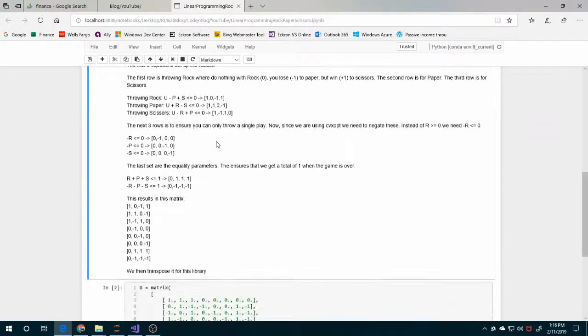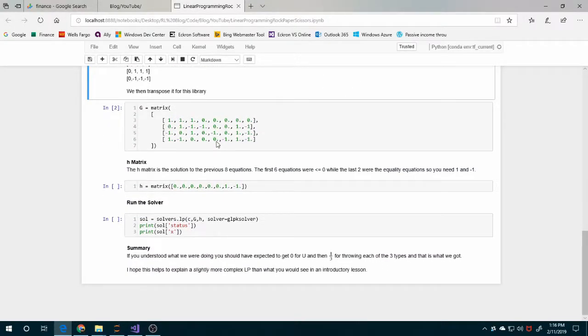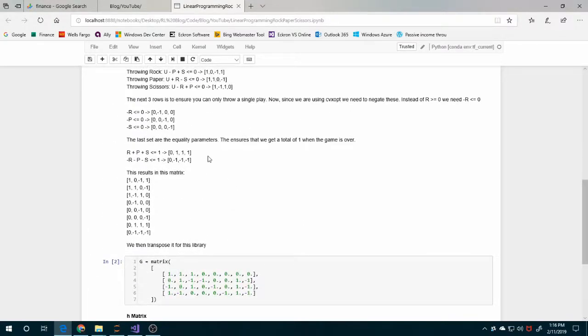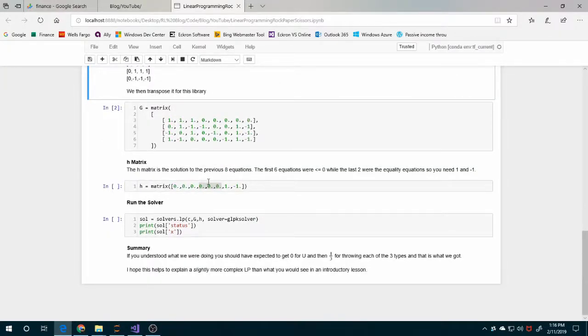Let me run the C matrix here. Finally, the H matrix. The H matrix is a solution to those equations. As I stated earlier, the rock, paper, and scissors rows are less than or equal to 0. The next 3 are less than or equal to 0. And then your equalities are 1 and -1. And that comes from the 1 here and -1 here. So I generate the H matrix,